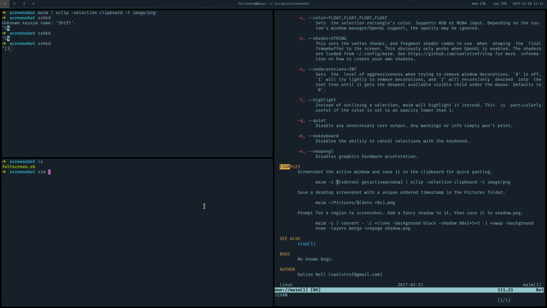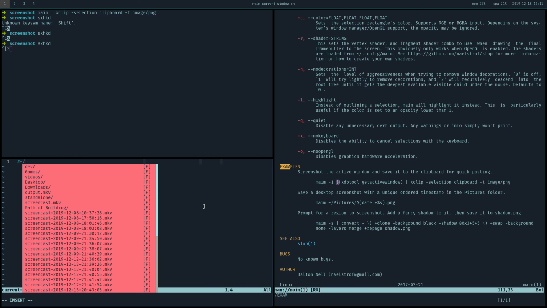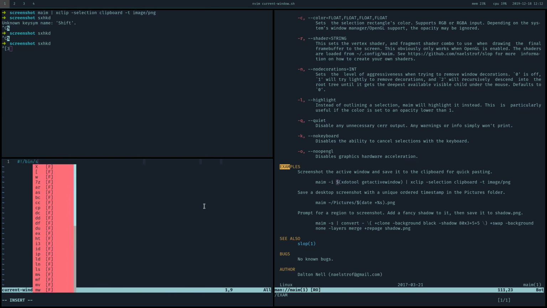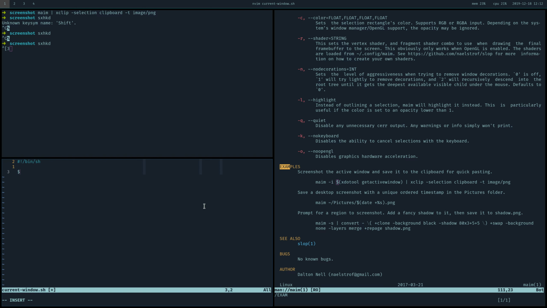What do we say this one was going to be called again? I can't remember. Let's look at the config. Simple X hotkey daemon, and it was current window. Okay. Cool. Now, if I add this here, I'm not sure if I can use this notation to execute a command,